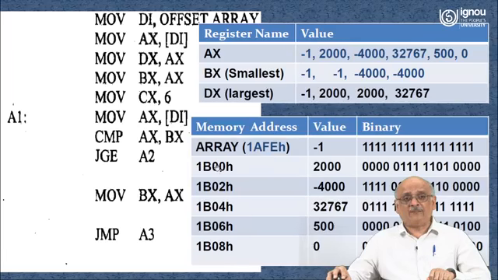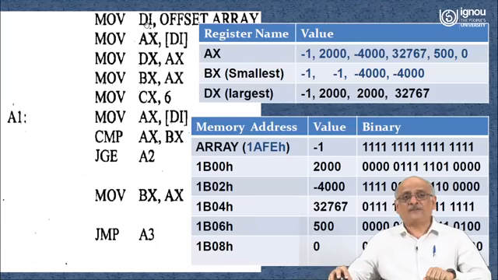From 1AFE, what is the next one? We added 2 into it, E plus 2 is F and 0. So we get 1B00. Added 2, added 2, added 2, added 2. So this is how these values are going to be, and these are their binary equivalents. Right now the binary equivalents are not that important. What is important here is how this program is going to execute